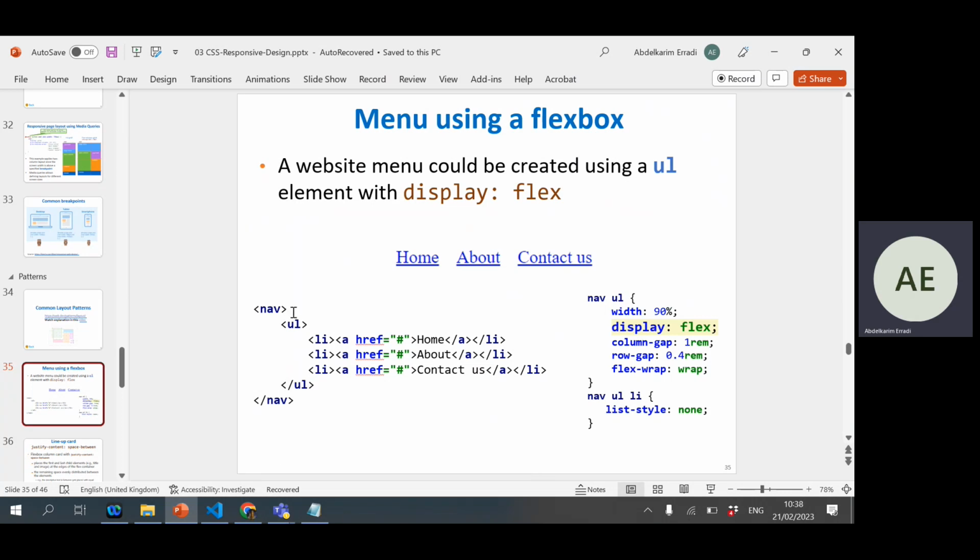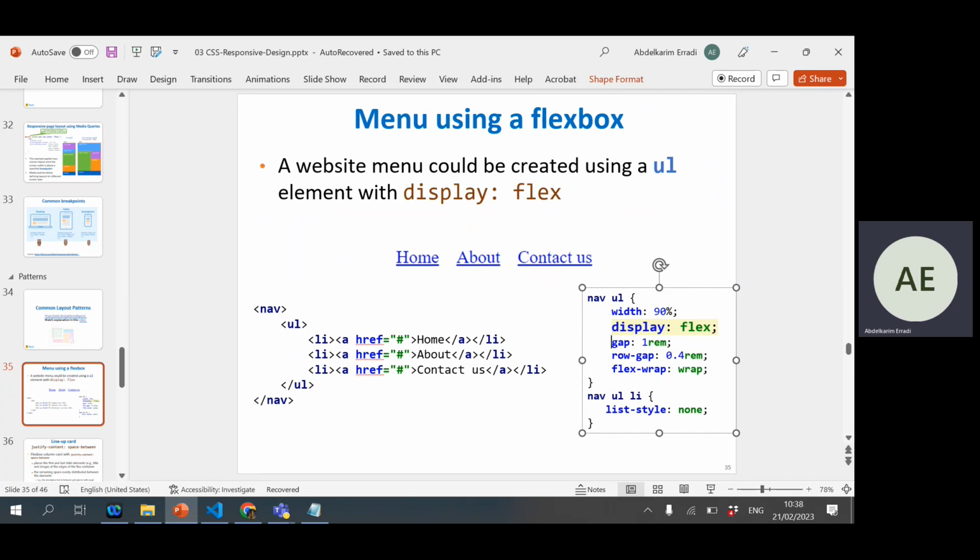And then go to the UL and apply a flex. Go ahead and apply flex, put some gap. You can keep it simple by just putting a gap like this. This will put a one rem on all sides, in terms of horizontally and vertically, it will put the same